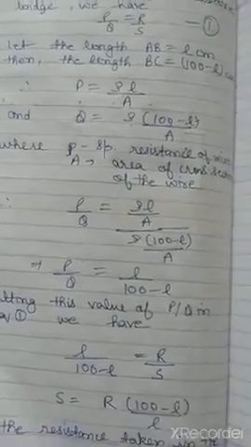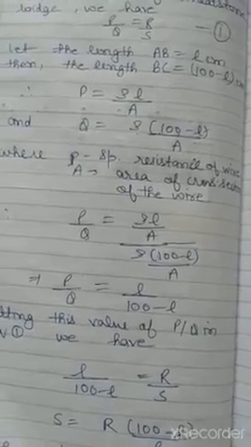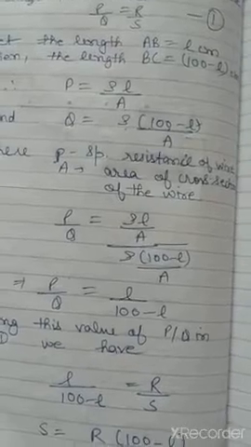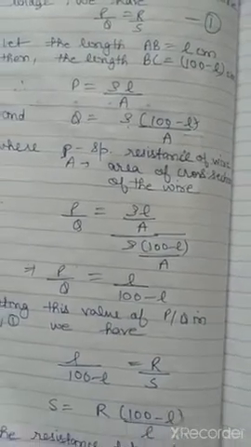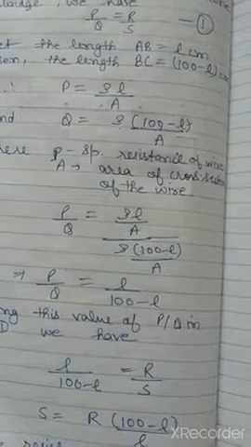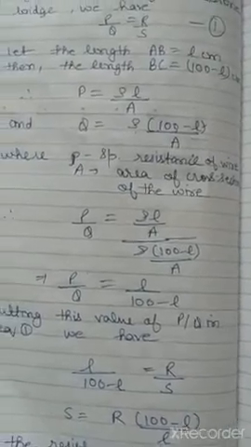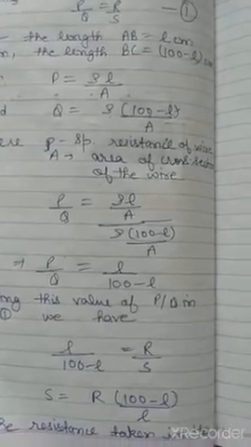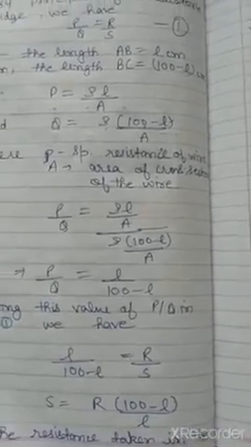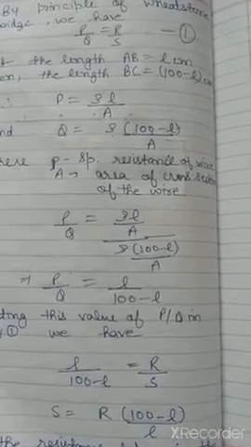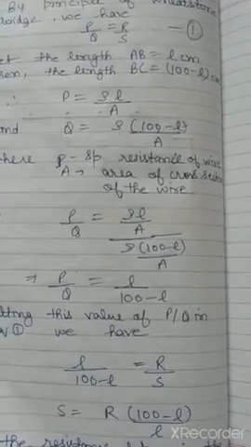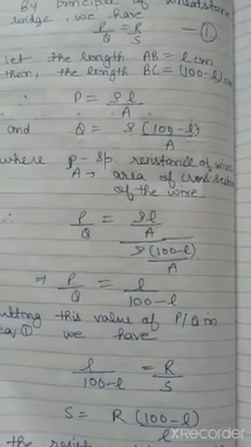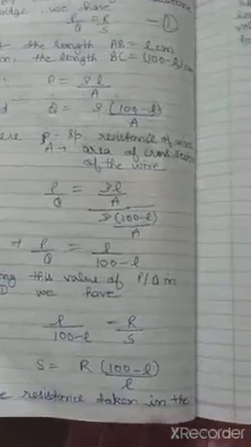Clear? Now coming to the experiment that we do in the lab. When we do this experiment for finding the unknown resistance and the resistivity of a wire, in our lab we have a 100 centimeter wire fixed on a wooden board. We don't have the apparatus of the copper strips. So we can do this experiment by using the 100 centimeter wire which is fixed on a wooden board, and this is an important practical which is asked for the board examination.